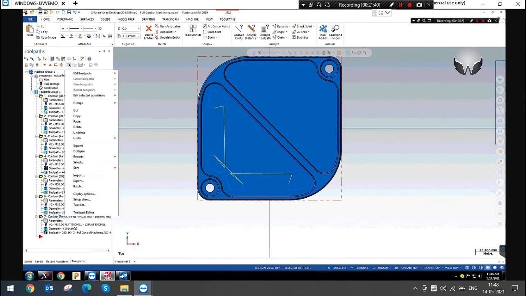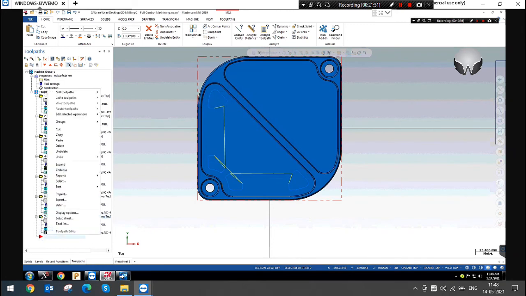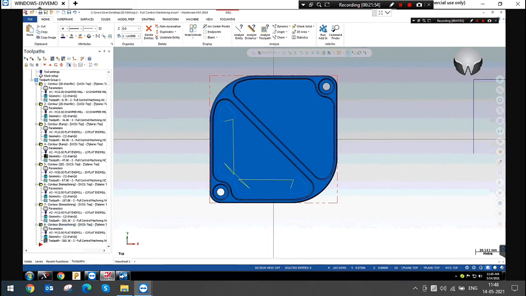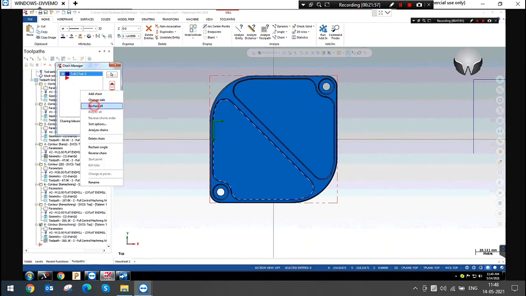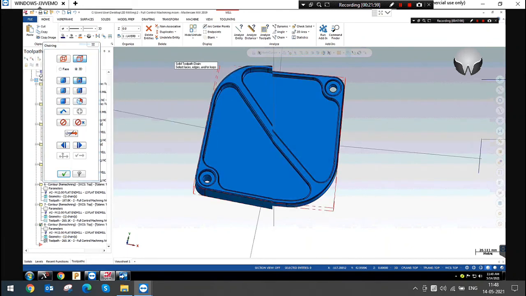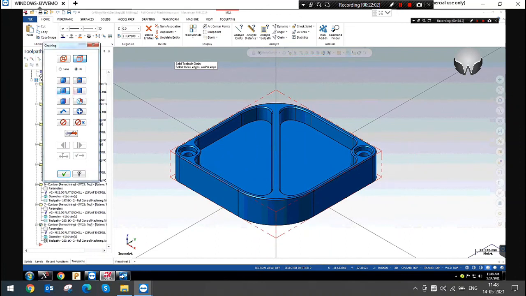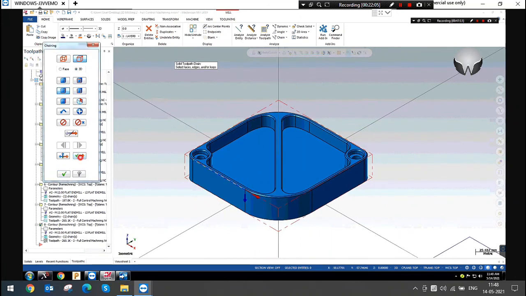So the next one is oscillate. Oscillate means rechain all linked edges. This one means what, brother? I will explain, brother. Today I just explained the linked edges. I will explain all these things in the classes. Don't worry. That will be very useful for you, where it will be used. That's why I will explain all these things one by one. Don't worry.